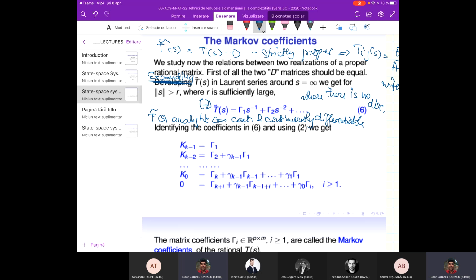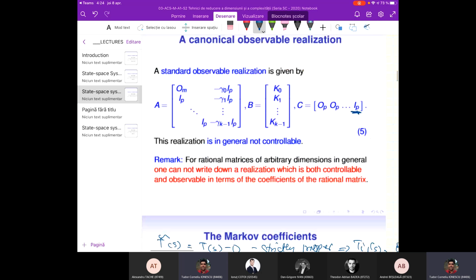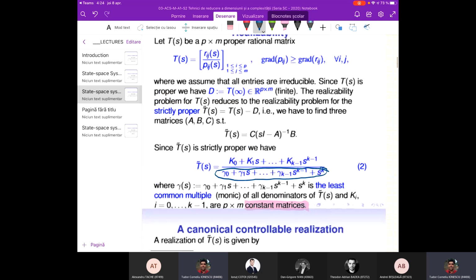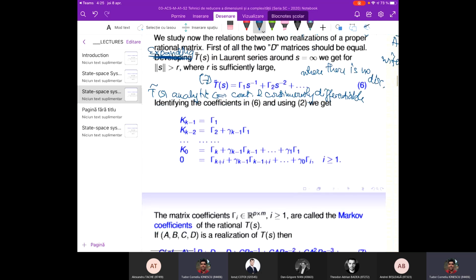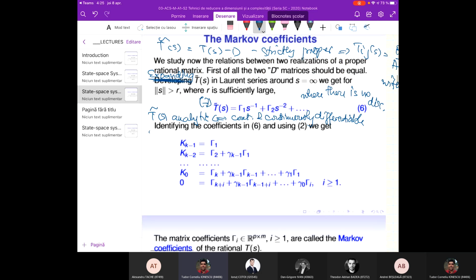Now you can make an identification of the coefficients in this. So we have to use relation number 2, where TS is a fraction of two polynomials. The numerator polynomial is a polynomial with constant matrix coefficients, and the denominator is a regular polynomial with constant number coefficients. So relation 6 equal to relation 2,